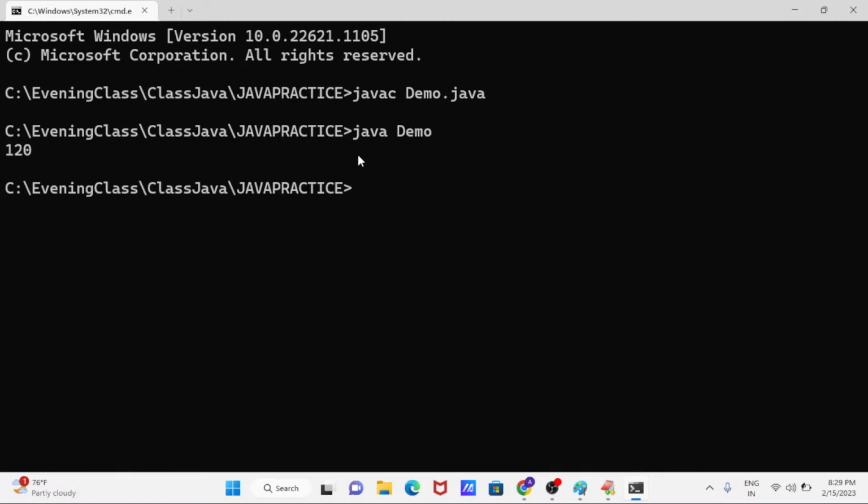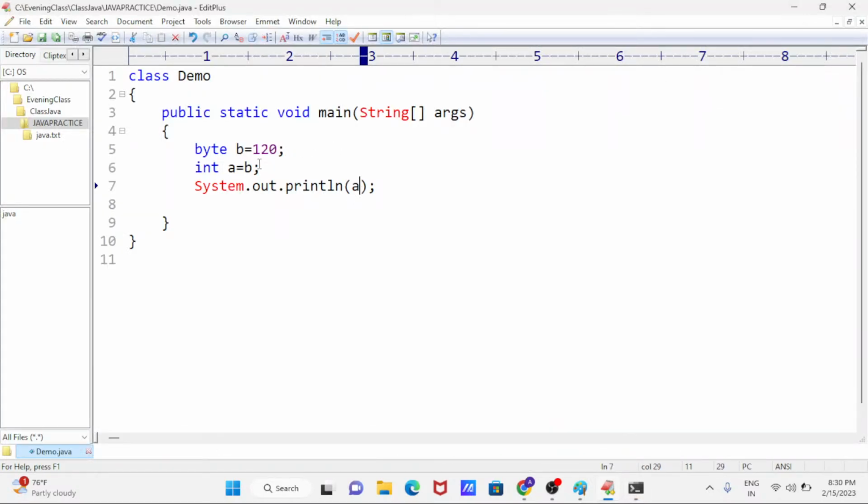You will not get any new output, it's very simple, same output only. But here you are converting lower range data type to higher range data type. This process we call the widening process.